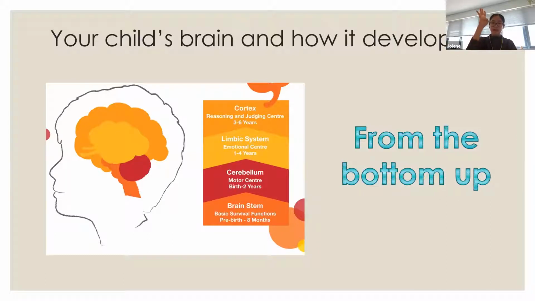Now, if you place your thumb back down, what you have here is the approximate location of the limbic system in the brain. This area is pretty much the emotional center of the brain. It rules your child's life basically up to the point where they're 4. So that's most of your kids. At this age, this is what's driving a lot of their behaviors.